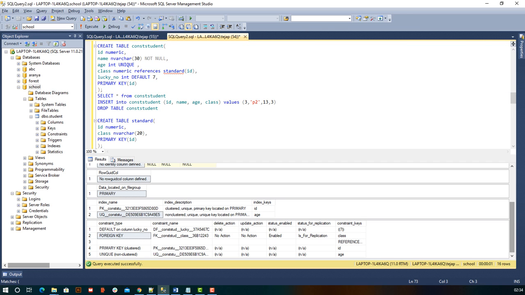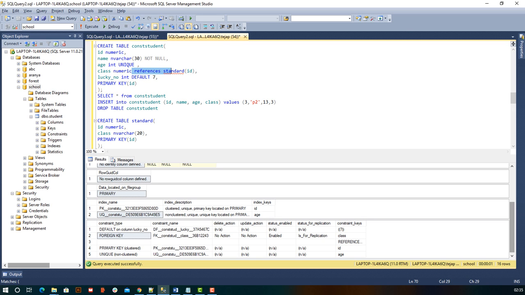So instead of dropping this and creating again, there's a DDL command for altering the table. Altering means modifying the table, in the sense modifying the schema. So if a command is modifying the schema, we call it a DDL command. So I'll try to modify the schema by removing this constraint. Which one?